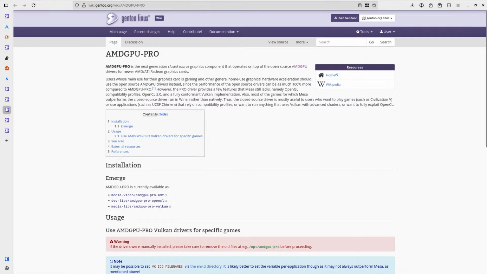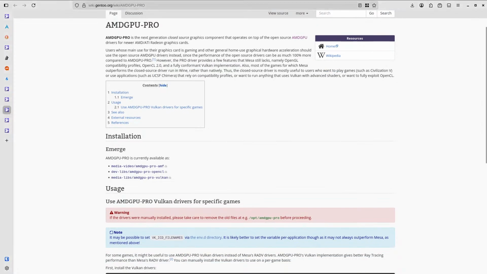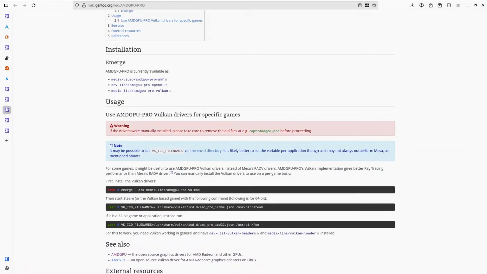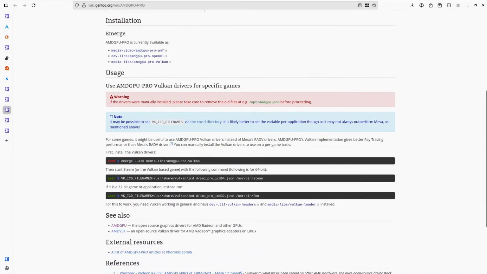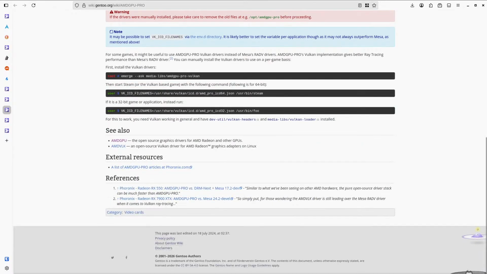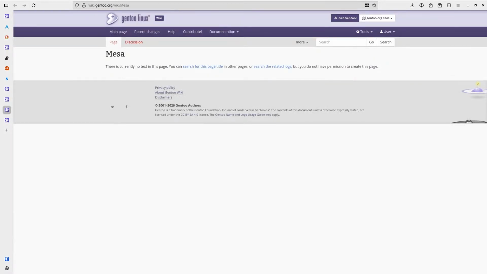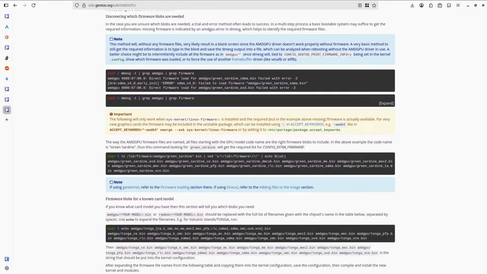What is the pro version? I don't think it's very useful. Okay, so oh, no text on the Mesa page. Oh well. So we have AMD GPU.